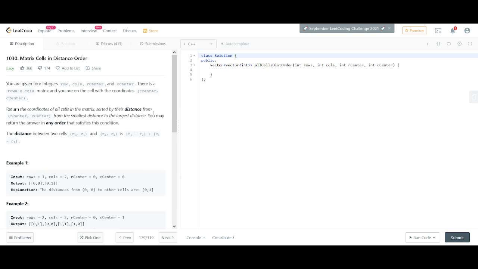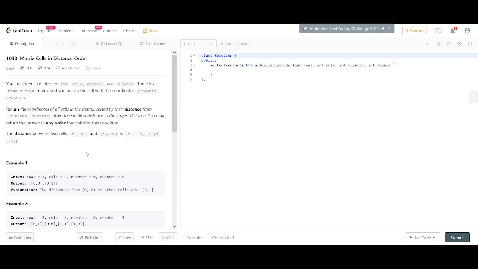Fine. So that means we will have a vector that basically consists of the distances for each and every particular cell. So we need to generate the distances, and we need to sort these distances from the smallest distance to the largest distance possible, right? So for this particular index, as you can see, the R2 distances from 0 comma 0 to other cells are 0 comma 1,